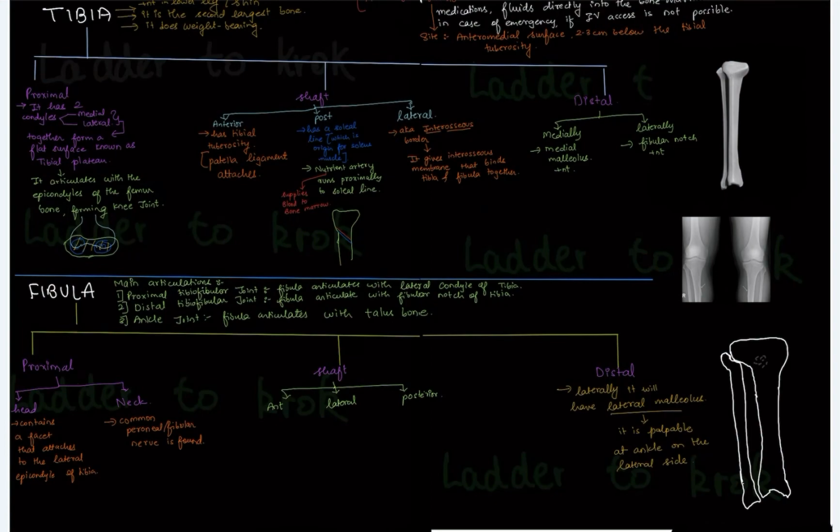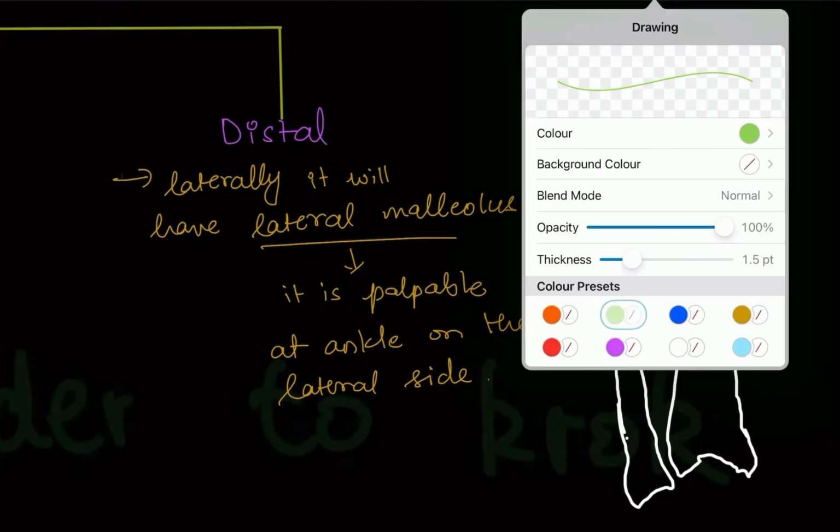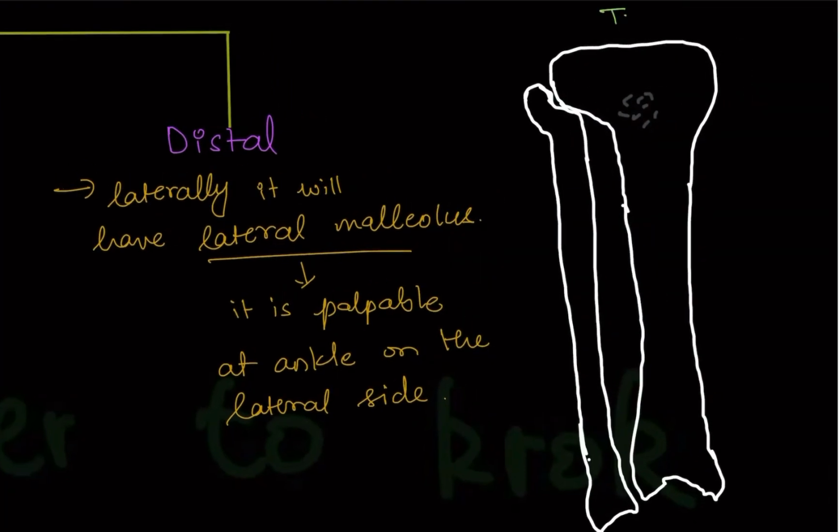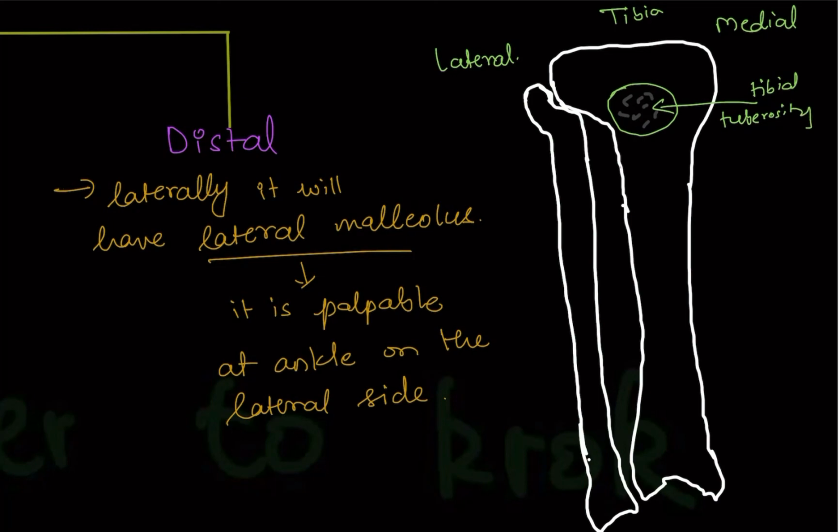So this is all about the tibia and fibula. Now let's know about it through the simplified diagram and name its parts. Starting first with the tibia. This wide bone which you see is the tibia, and the tibia is always present on your medial side. Fibula is present on the lateral side. Remember this every time. On the upper side, the tibia has condyles which attach to the epicondyles of the femur. Anteriorly, you can see the tibial tuberosity. And 2 to 3 centimeters below, somewhere at this place, intraosseous access can be performed.